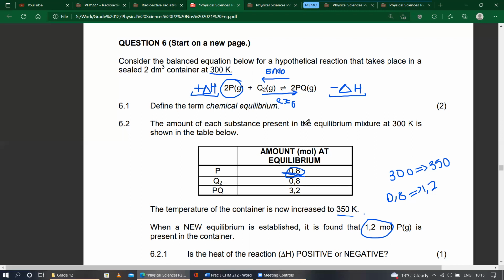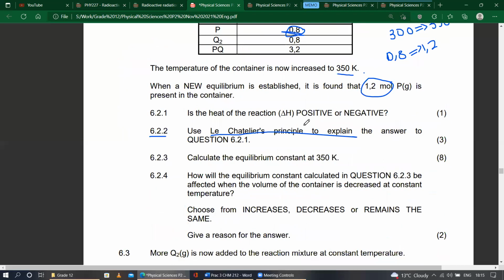Okay. So don't be afraid to stop me if you don't understand. Then now they say calculate the equilibrium constant at 350 Kelvin. So if you remember from Sunday,